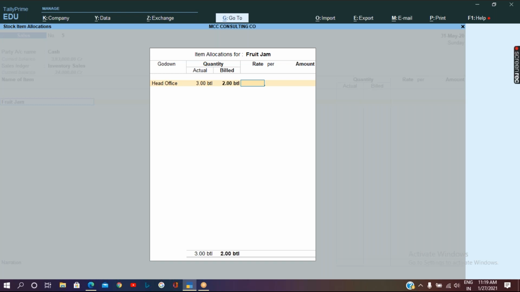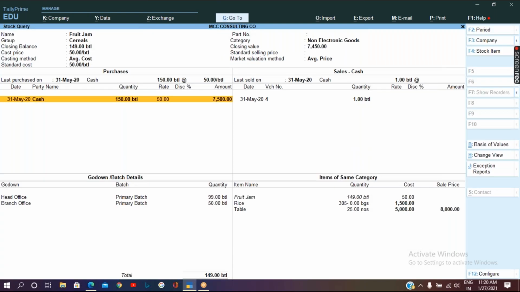What is the shortcut key for it? We used it to get the history of my stock item. It was Alt yes. So here I can get the history of it.